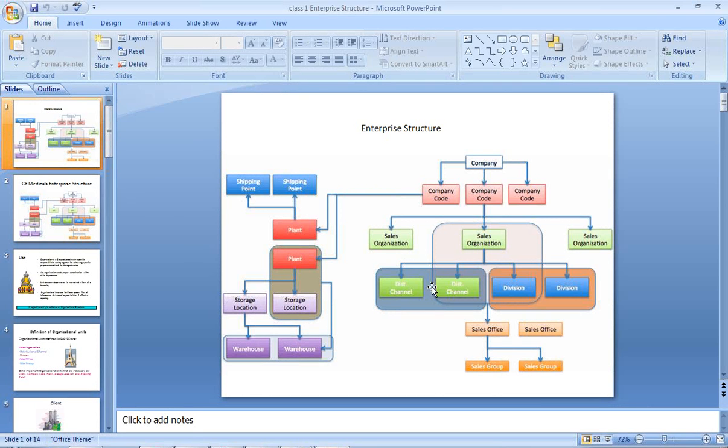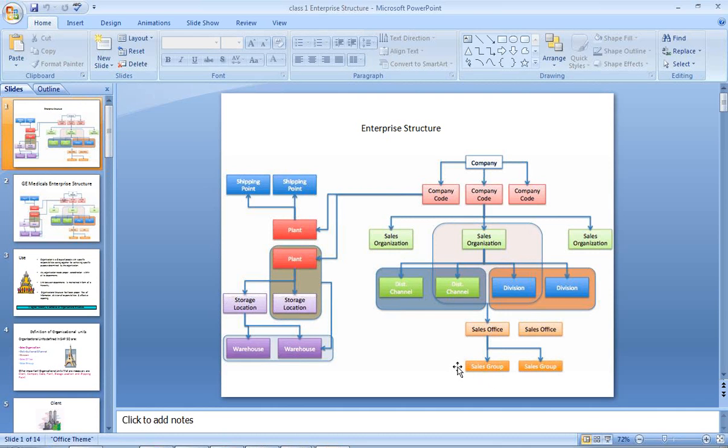First step, you're going to try to establish the relationship between your sales org and the company code. Next step, you're going to assign your distribution channel to your sales org. Third step, you're going to assign your division to your sales org. Fourth step, you're going to set up a sales area, a combination of your sales organization, distribution channel and division. It's called a sales area. Fifth step, you're going to assign your sales office to your sales area. Sixth step, you're going to assign your sales group.